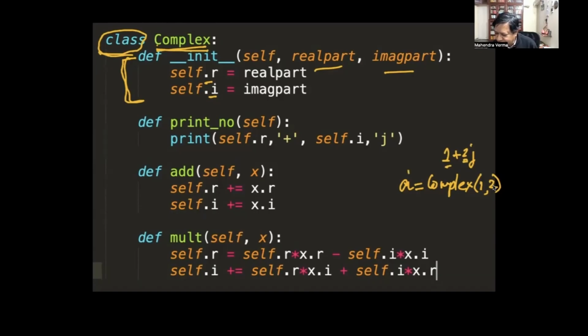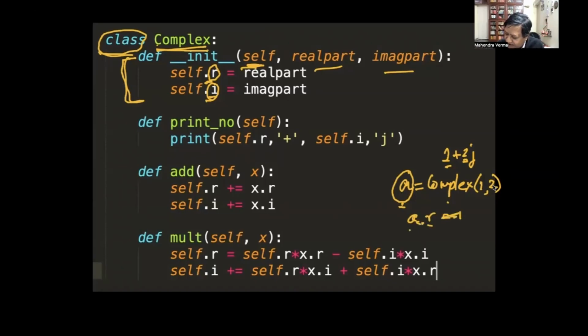This is how we create object A of class complex. A is the object which is created, and it has two components, two data inside: the real part, which is R, and the imaginary part. But right now A is not there. When I define this function, there's no name for it; the object is not yet created. So we say, well, call it self. Self is the name of this object. So self.r means that when I call this, I would have said a.r is 1. That will give us 1.